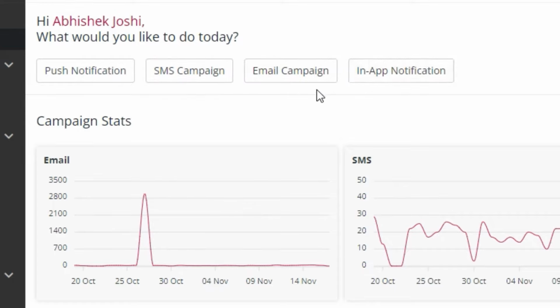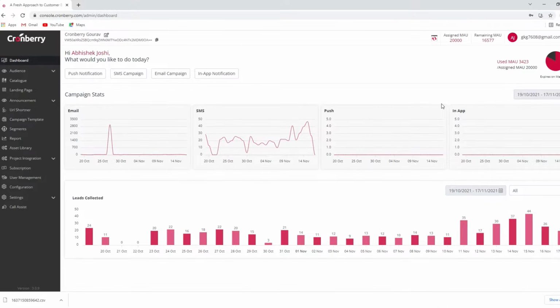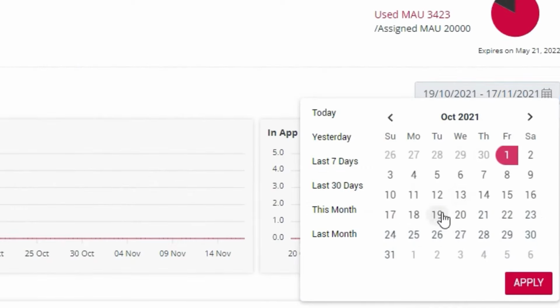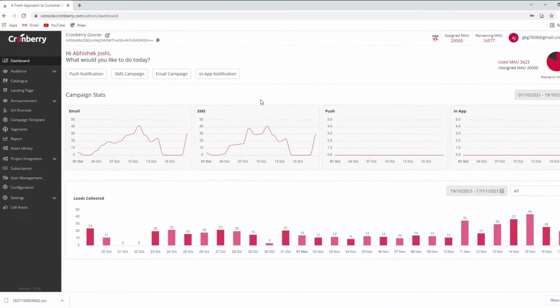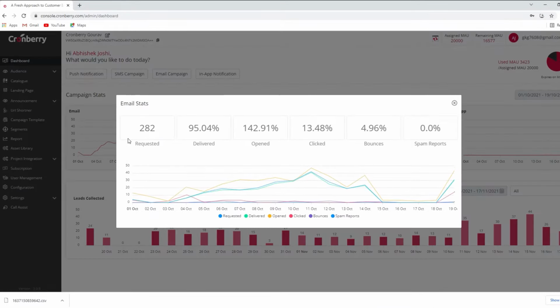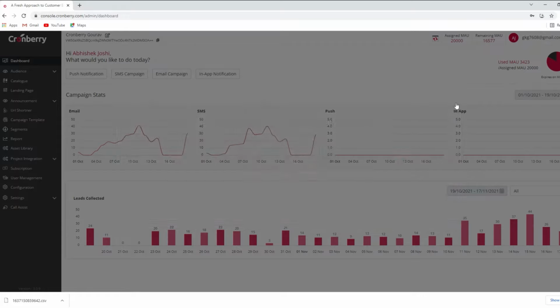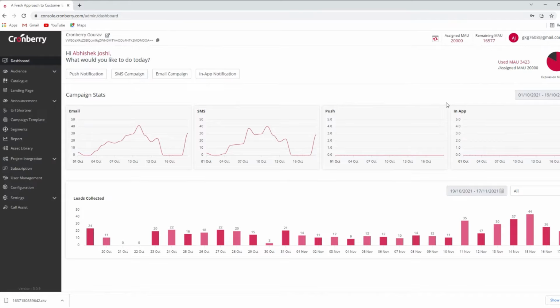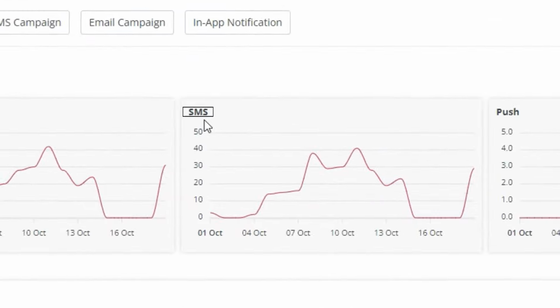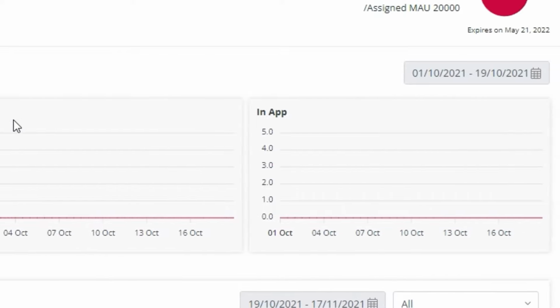Just use it. Moving on below, you can see a quick date-wise report of all your sent campaigns through graphical representation. Number of emails you have sent, total percentage of delivered emails and percentage of open emails, percentage of clicks on your link you have shared in email, percentage of bounce emails and spam reports. In short, you can see all the analytics of your marketing campaign over here. Similarly, you can check status report of SMS, push and in-app campaigns.